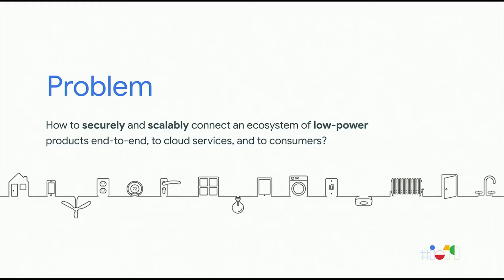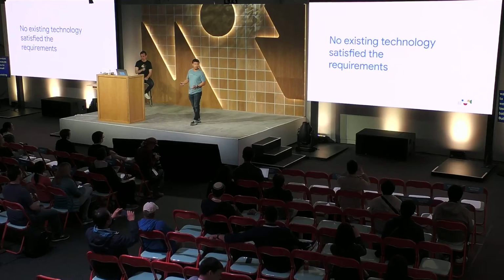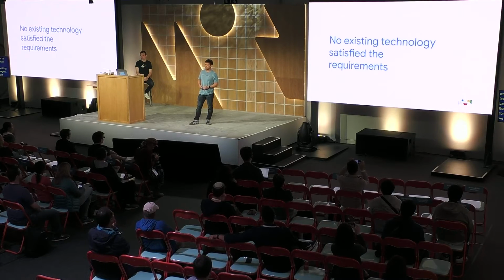So we were facing these exact problems that Calum was talking about at Nest, where we wanted to build products for the connected home, where we were keeping users not only comfortable, but also safe and secure. We wanted to build solutions where our devices could communicate securely with each other, to cloud services, and to users via their mobile devices. And we also wanted those devices to be very low power, because we wanted them to last for years on very small batteries. But as we evaluated existing communication technologies, we could not find a single technology that satisfied our requirements.